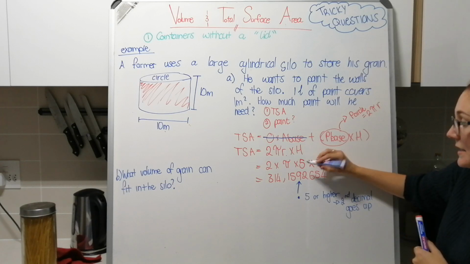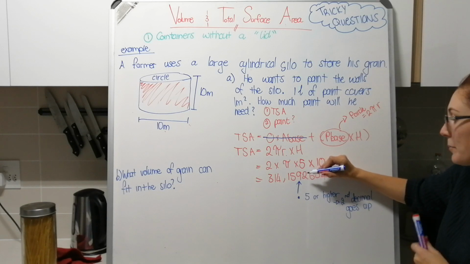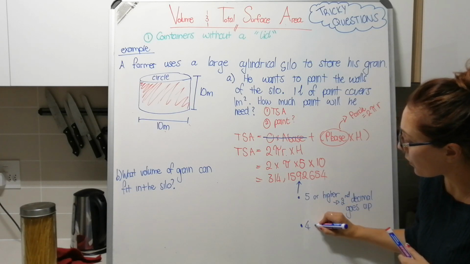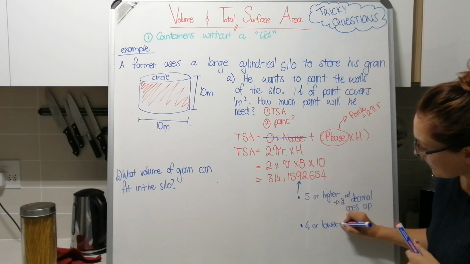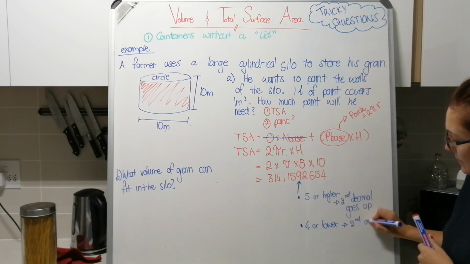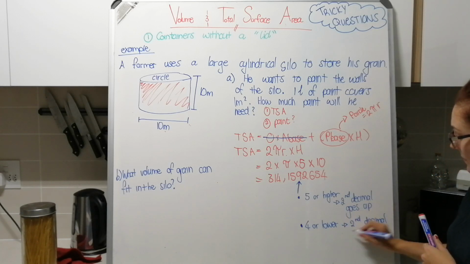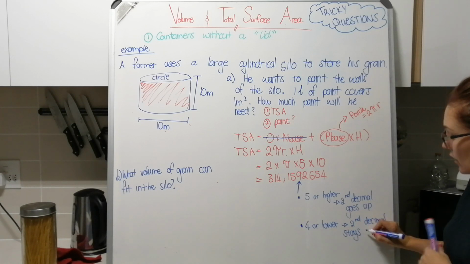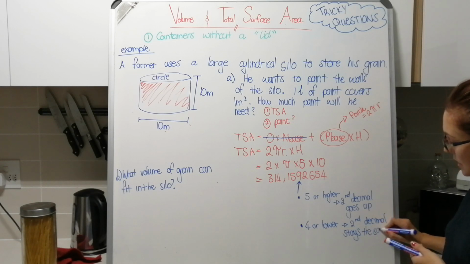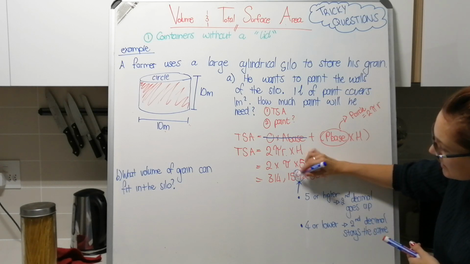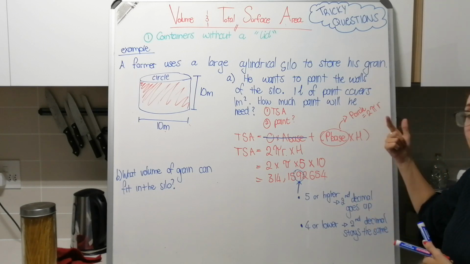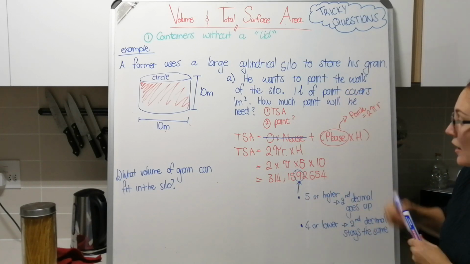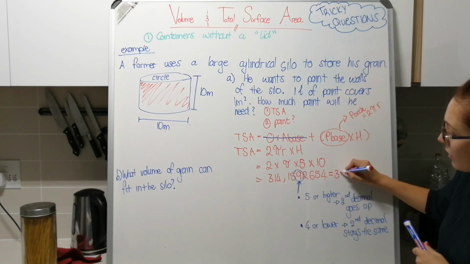So that's what we've got here, right? That is 5 or higher, so the second decimal must go up. But if our third decimal was 4 or lower, okay, then the second decimal stays the same. It never goes down. I think some of you might have thought to yourself, goes down. It never goes down. It either goes up or it stays the same. So in this scenario, our third decimal is a 9. That is higher than 5. That means our second decimal, this 5, must go up to a 6. So that means that this is equal to